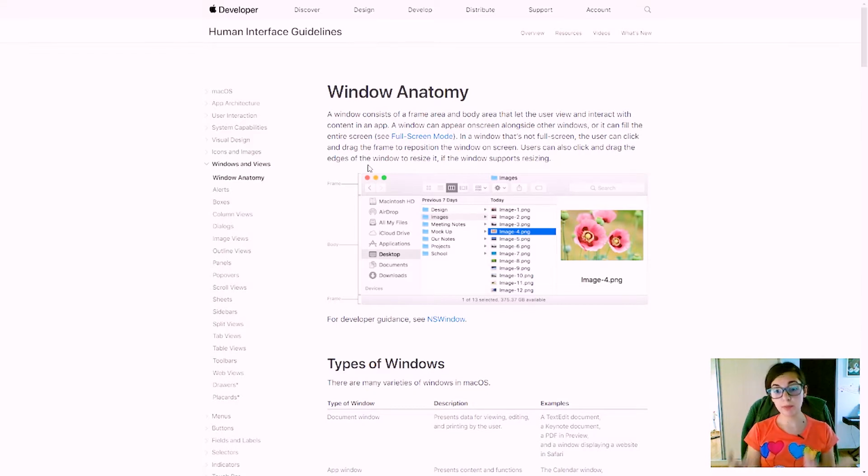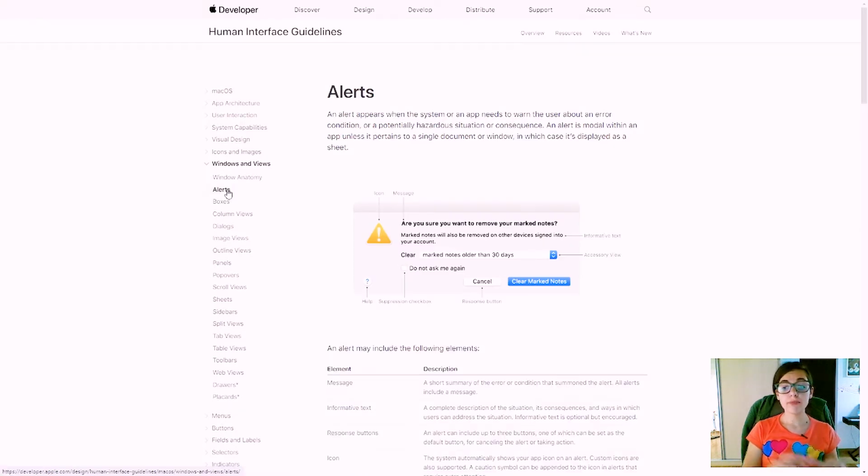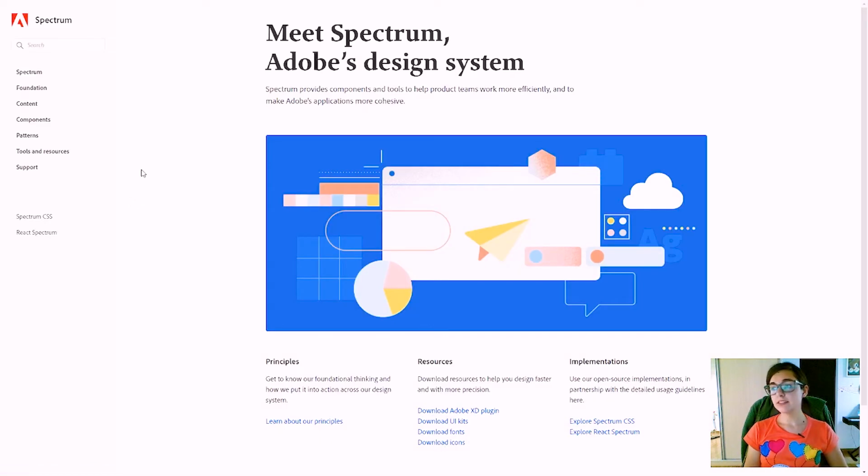So if you want to develop software for an Apple device, then you can check how is the Windows Anatomy, or the boxes, the patterns of the alerts. So there are a lot of patterns that you can follow, and you must follow if you are creating a website, designing for Apple, for Google, or for example,